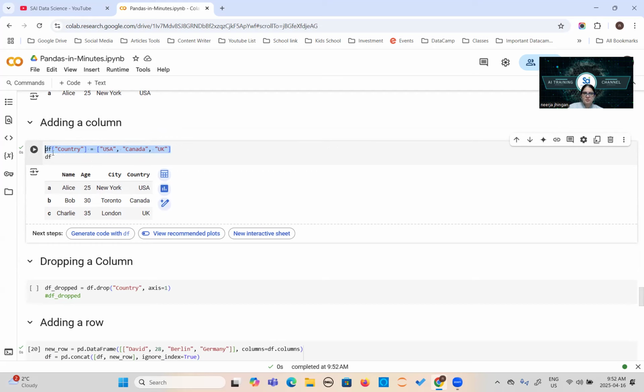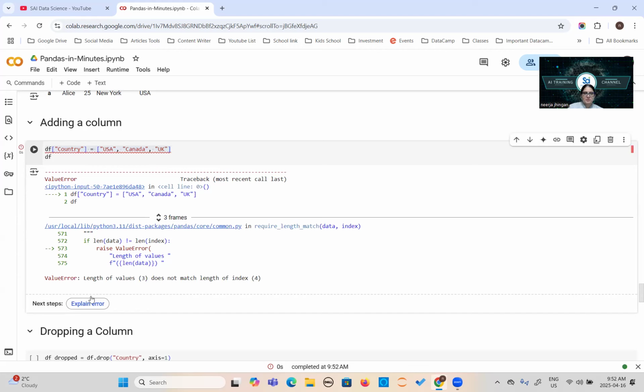You will create a new column. And if you want to add this one, that's why it was adding actually above. That's why I was saying you just wait for it. Okay, so you can add this one. It will show you this output. It is already there, that's why it is giving you the error. So what we can do, we can add a new column here. Let's say grade. So we can say grade 12, grade 11, and then grade 12 again. Okay, so we have 4 values actually.